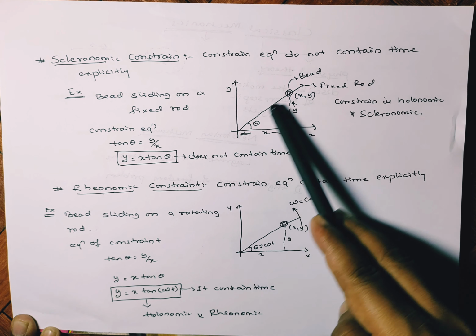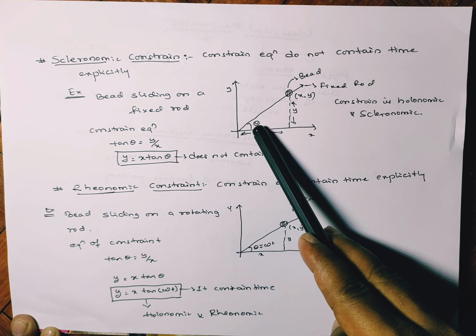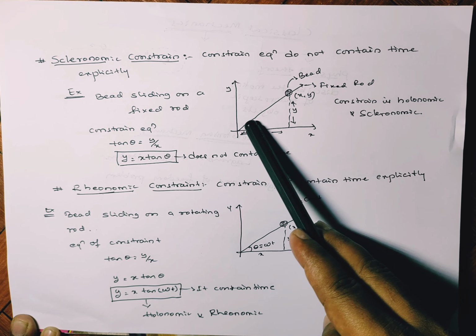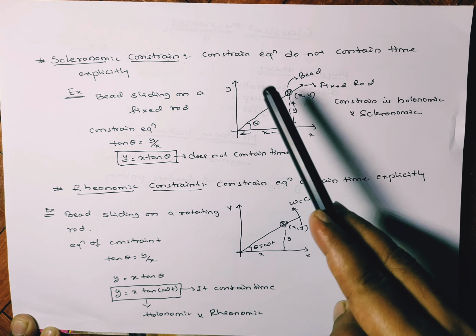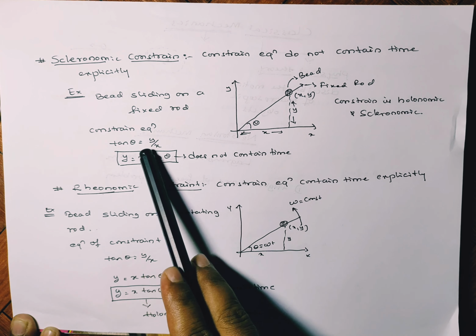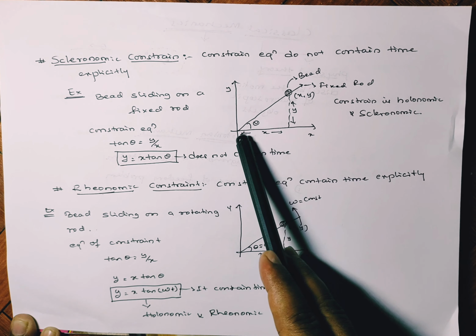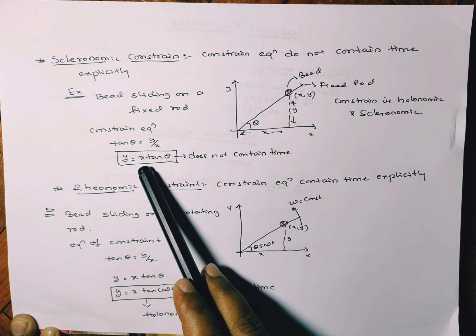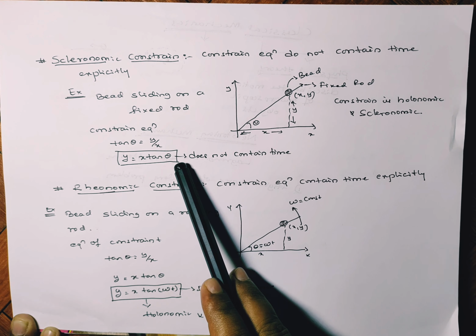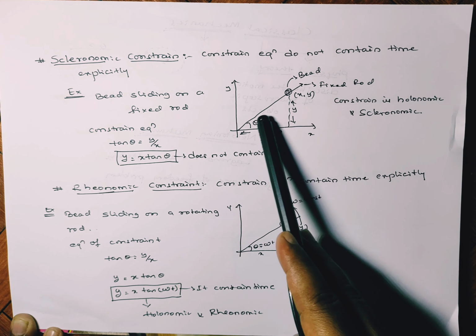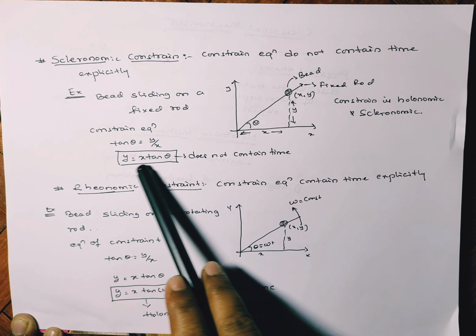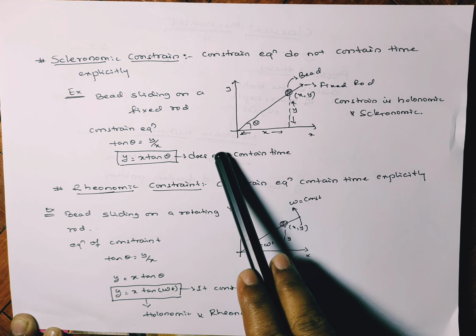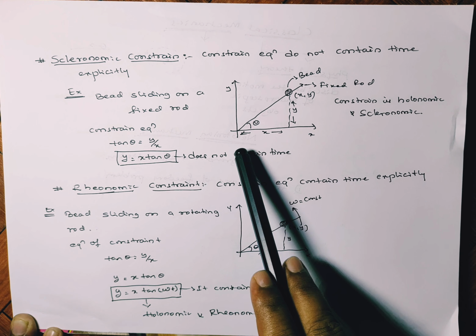This rod is fixed, means theta is fixed, and the constraint equation is tan theta is equal to y by x. Then y is equal to x tan theta. Here theta is a constant, so it does not contain any time. This equation does not contain any time, so this is an example of a scleronomic constraint,